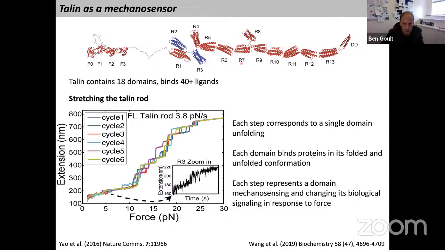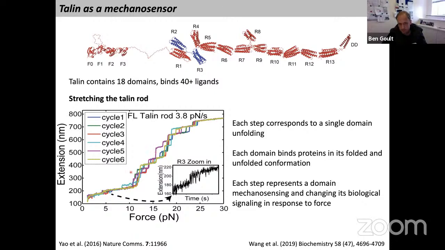We got much better at the experiments by then and the engineering of these constructs. And this is what happens if you pull all 13 of these rod domains. You start to see this sort of behavior, which is still mind-blowing now, even 5 or 6 years on: as we pull on this, we see R3 unfold here, switching on the adhesion starts to form. But then from there on, you start to get these steps. Each one of these steps corresponds to one of these switches changing its shape.